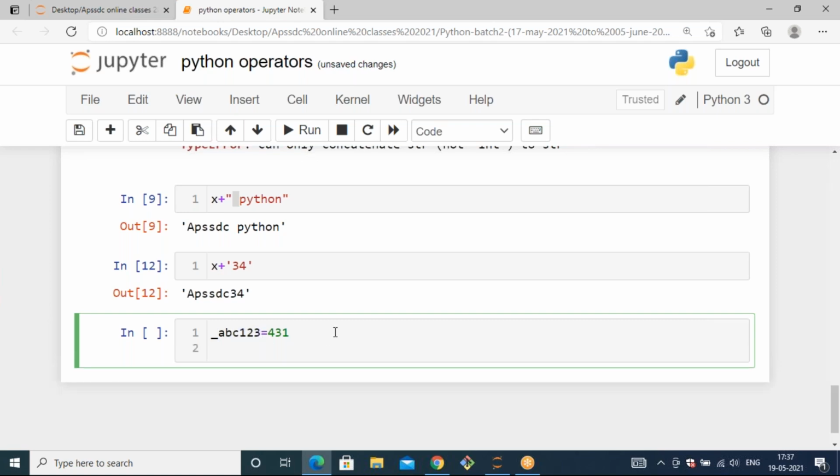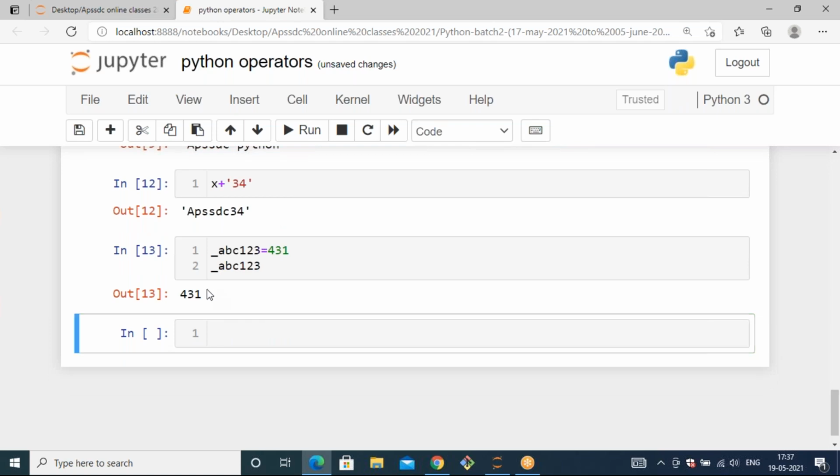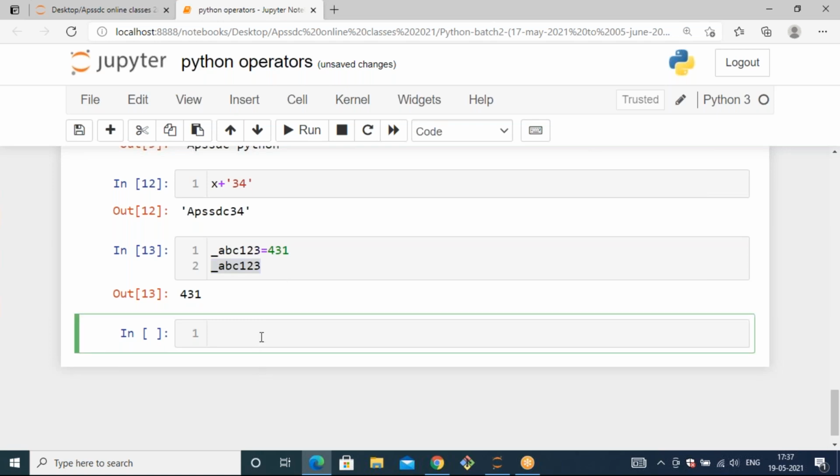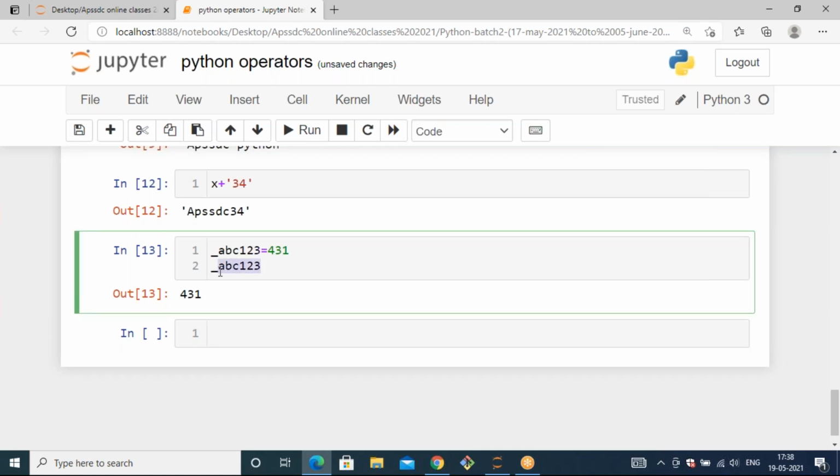So if I run underscore ABC 1, 2, 3, you can get the data we have. And if you want to know the data type that this variable has, how can you find it out? I want to know the data type of this variable underscore ABC 1, 2, 3. So you can use the type function.